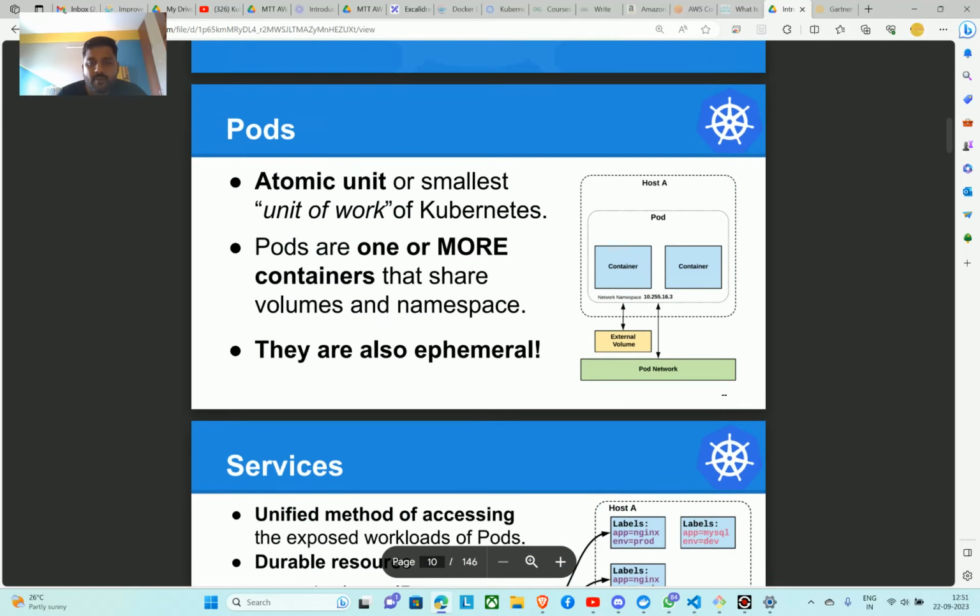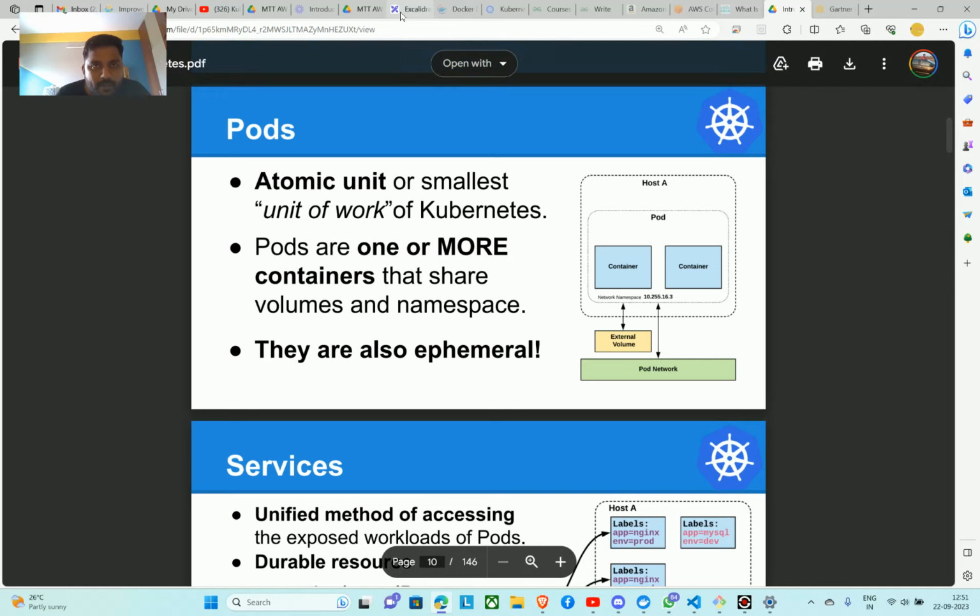Okay, now coming to the architecture of Kubernetes. The basic unit, or smallest unit of work in Kubernetes is known as a pod. Okay, so if you are familiar with Docker, you will understand that. What you do first is install the Docker daemon, and then you run the containers on top with the help of the Docker daemon. But here Kubernetes adds one more abstract layer on top of the container.